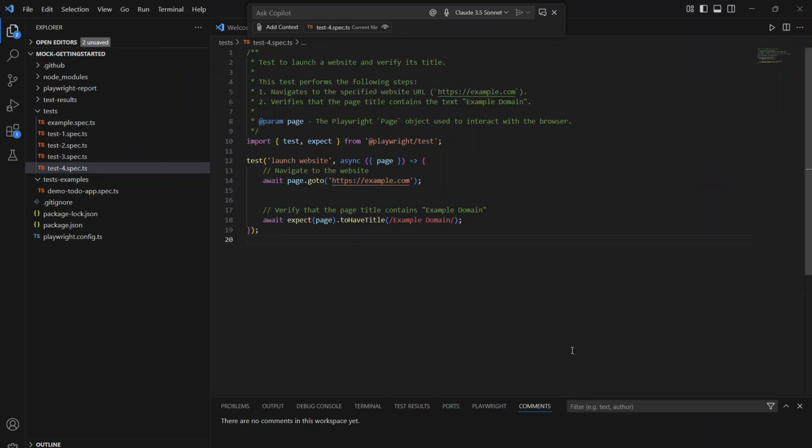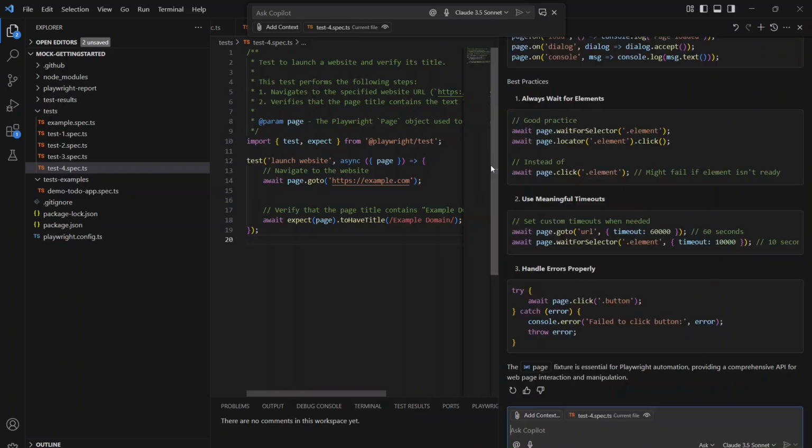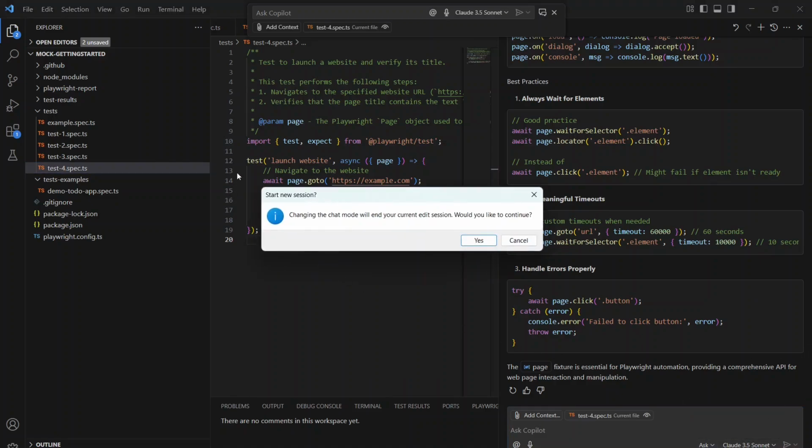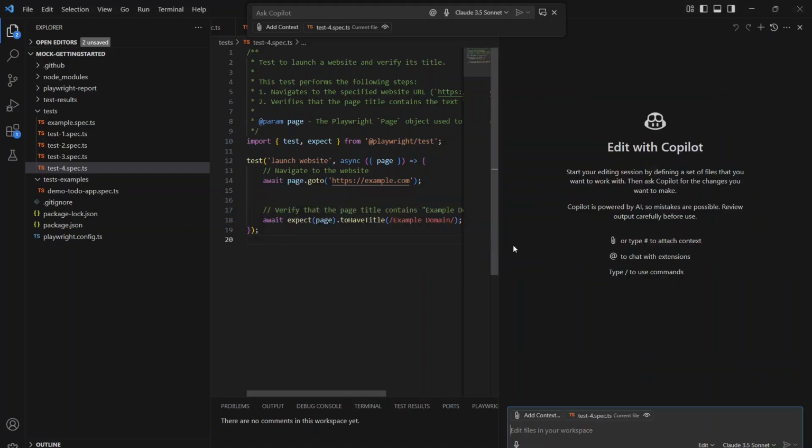I've just given this, and I'm launching it with Control Shift I. This is the one, I'm using the edit. Changing the chat model will end your current edit session. Would you like to continue? Yes. Okay, it will start freshly. And then what I will do is